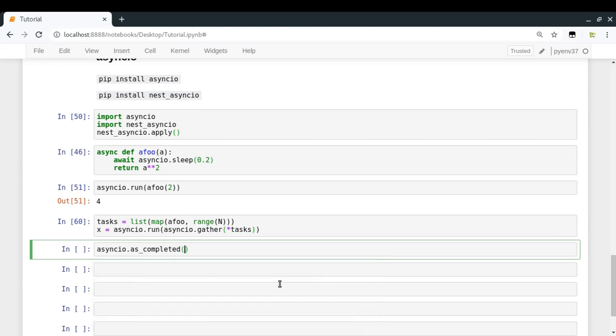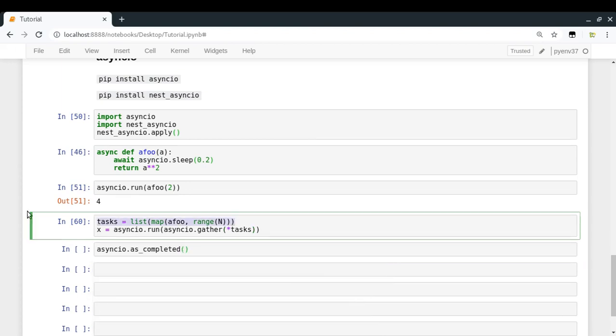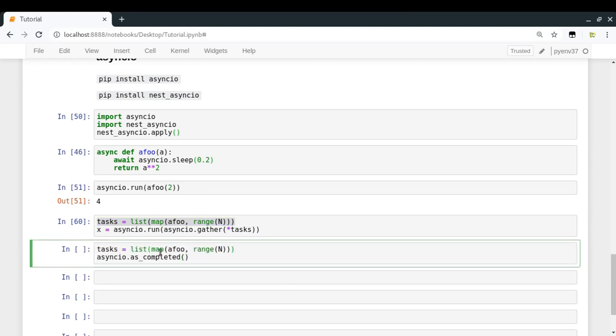So you will have to pass your tasks. Let me just copy it here. You will just have to pass the list of your tasks into it, and it will actually return you an iterator. The iterator, when iterated upon, will return you a coroutine, and if that coroutine is run, then you will get the actual result, which is the earliest result. So let me just explain you by trying to execute this whole thing.